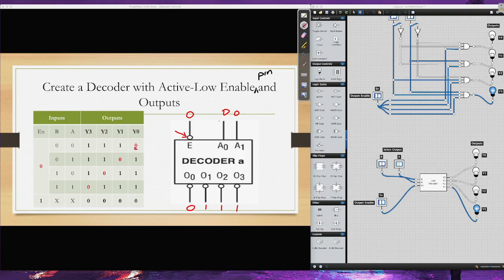So for an active low decoder, it means that the enable pin is active low and the output pins are also active low. So meaning if this is 0, it means it is enabled, you will have an output. Okay, but the output is also active low as indicated here. Now,